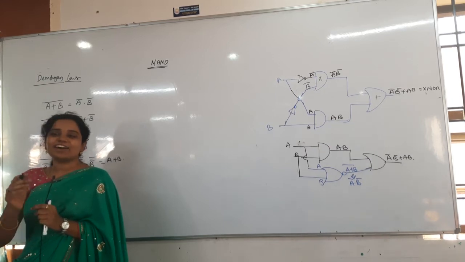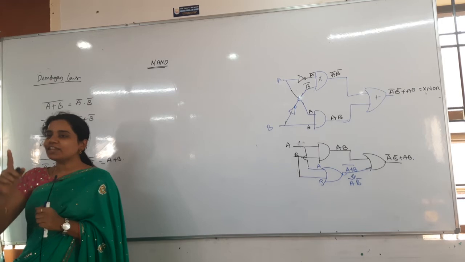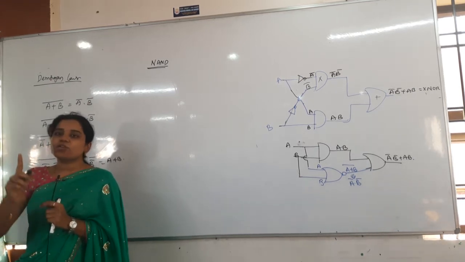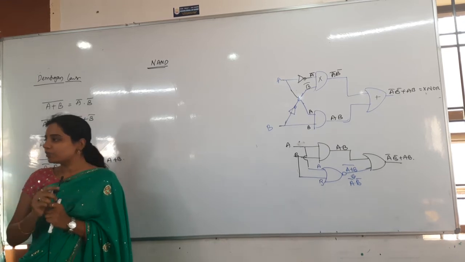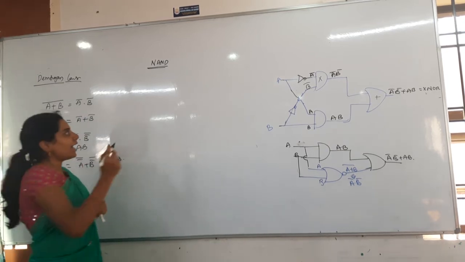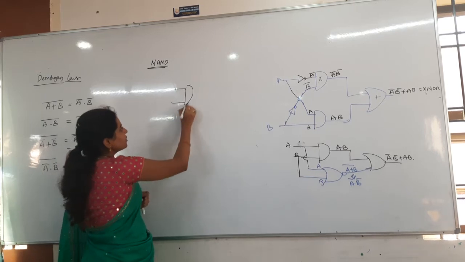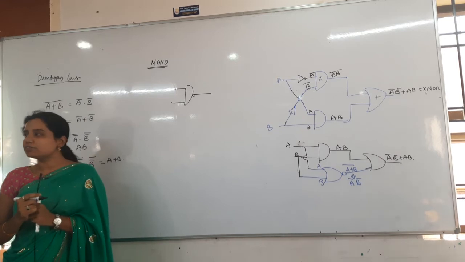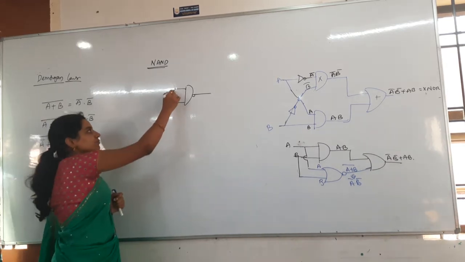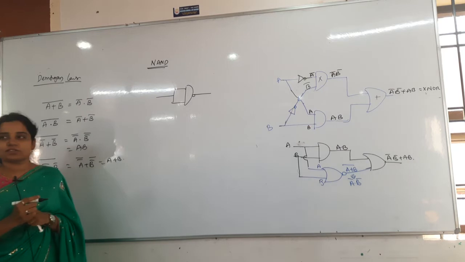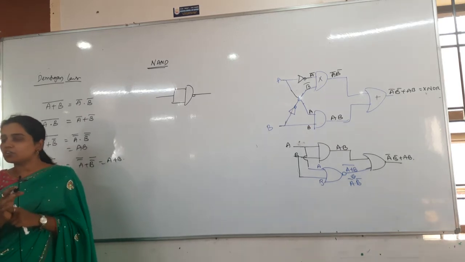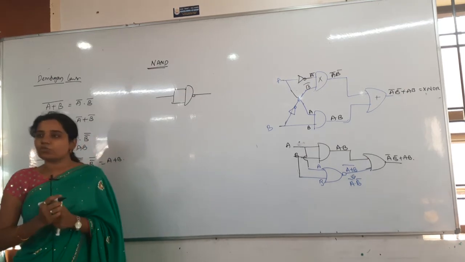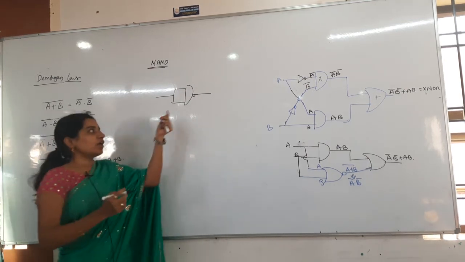You have to make a NOT gate from the NAND gate. One thing I said about the NOT gate: how many inputs will be there for the NOT? Only one input, one output, correct? So I actually have a NAND gate with two inputs like this. This is my NAND gate in reality. I want to make it one input. What can I do? I will combine them. That's it. I will combine the two inputs here. So how many inputs are there? Only one input, and only one output. So this is the NOT gate here.